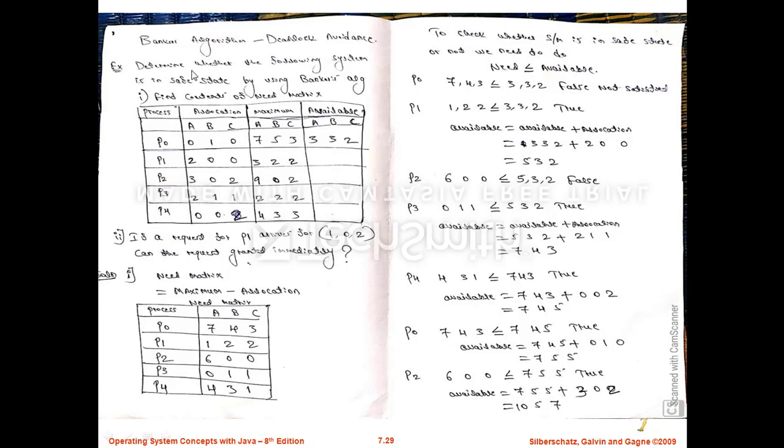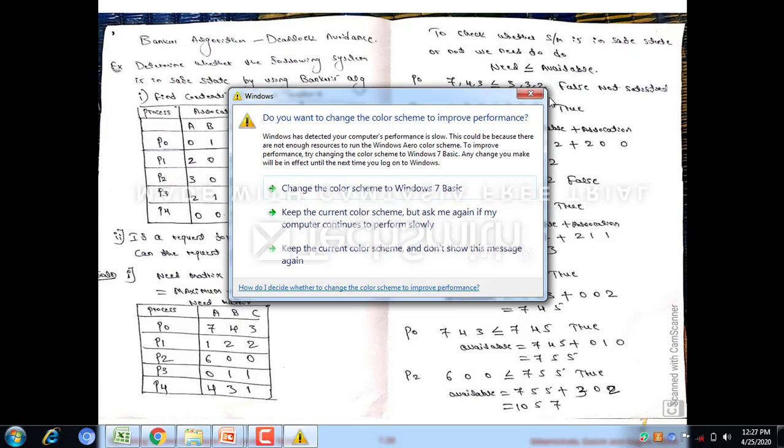Now he is asking you to determine whether the system is in safe state. To say yes or no, what do you need to do? You need to check the order in which the processes got executed. If all the processes got executed successfully, then the system is in safe state. Then we need to find out the safe sequence. We can find out the safe sequence from the order in which they got executed. P0 did not get executed first. Then P1 got executed first.